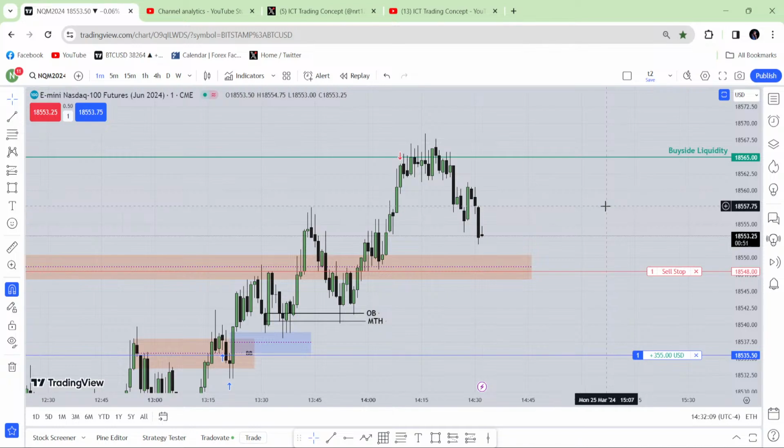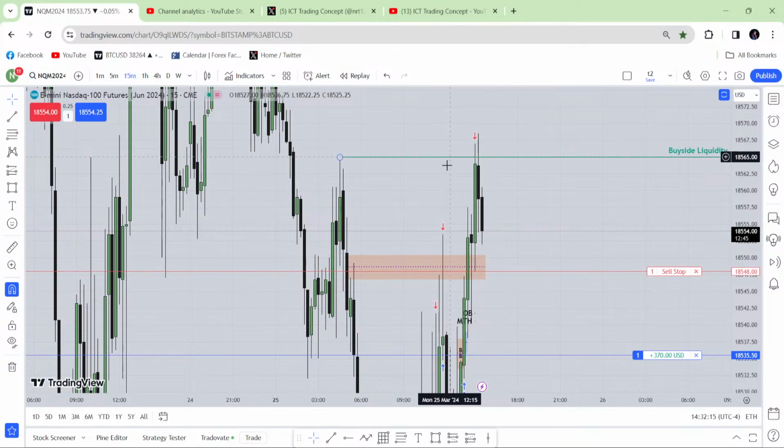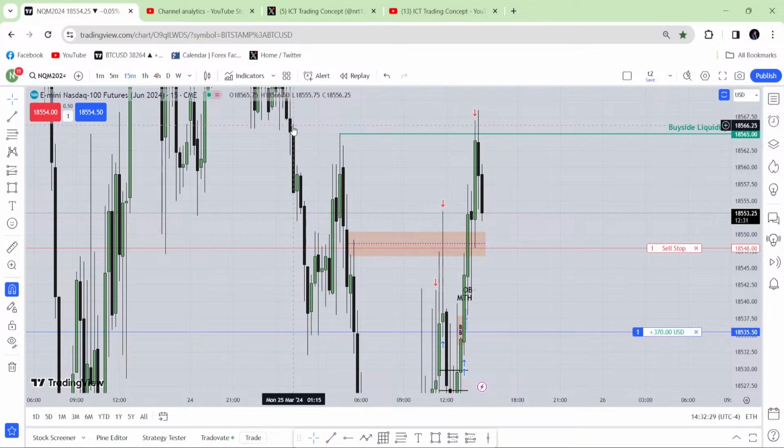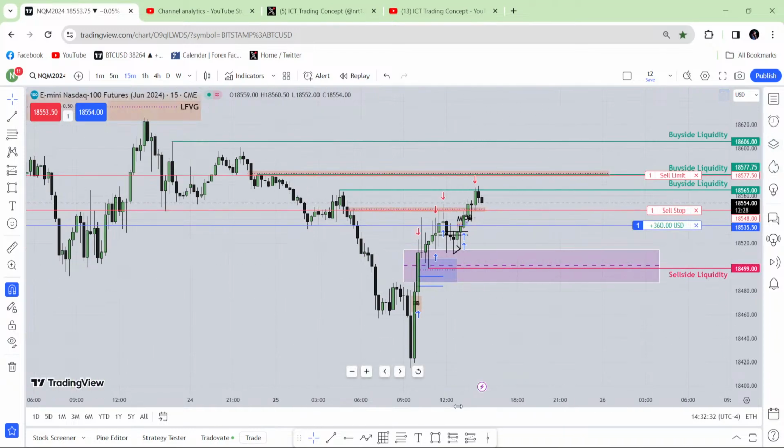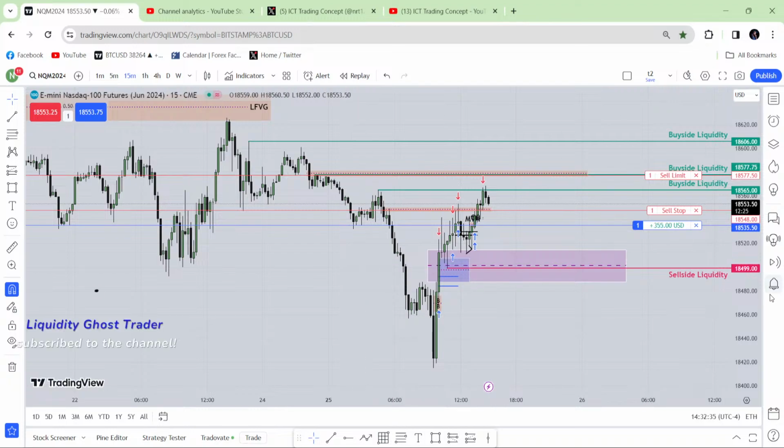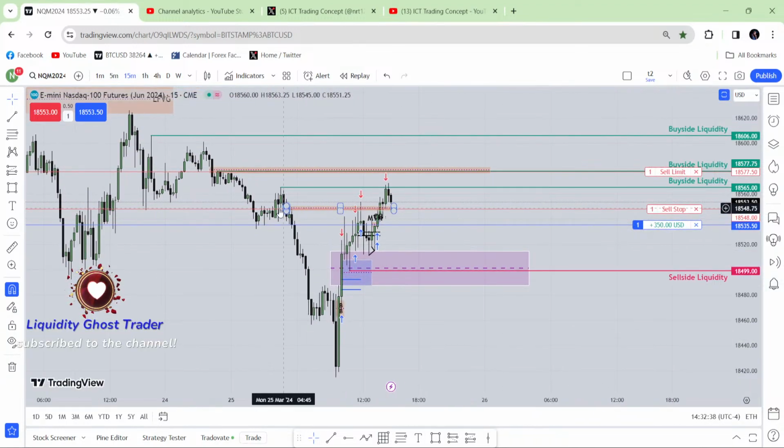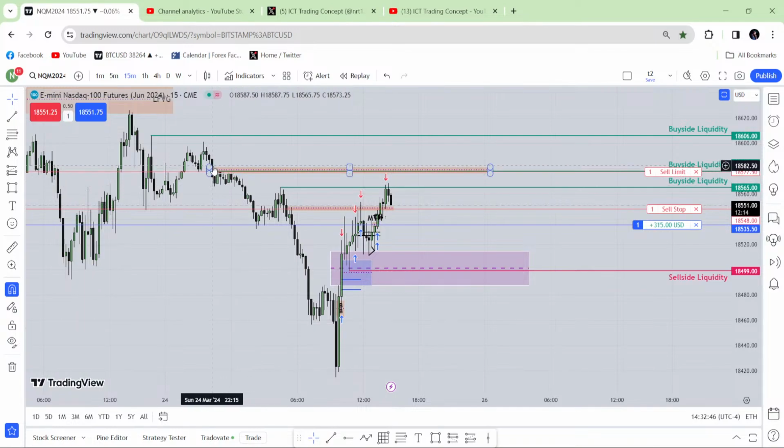There is a 15-minute last fair value gap in the leg. Check this. There is no 15-minute last fair value gap. I saw it. There is nothing. If you are talking about this one, this is not a last fair value gap and it's not valid. If you are talking about this fair value gap, it's not valid because you are forcing the market to give you a fair value gap. This is the real way over here. You can't even notice that fair value gap over here. It's nearly impossible to notice that one. So you have to look for this type of clean last fair value gap. That should be very clean.